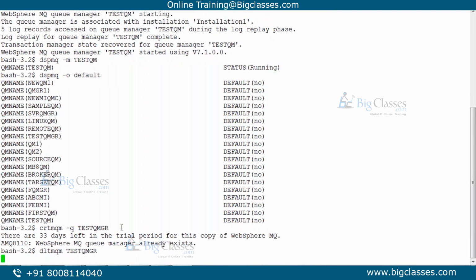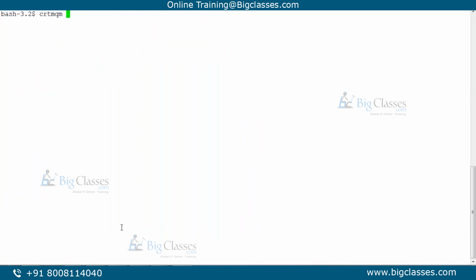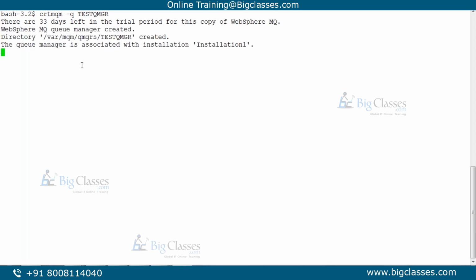We can configure a queue manager as the default queue manager either at the time of creation or after creation. At the time of creation, to configure a queue manager as the default, we can use crtmqm -q followed by the queue manager name.